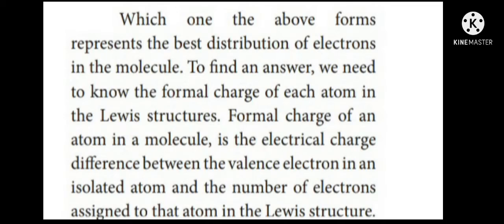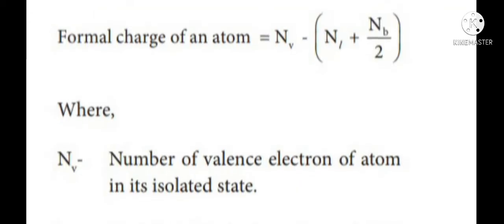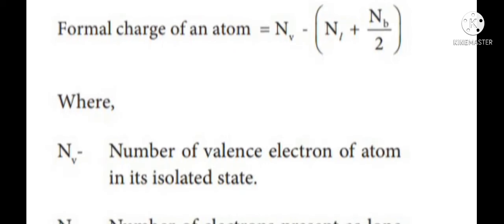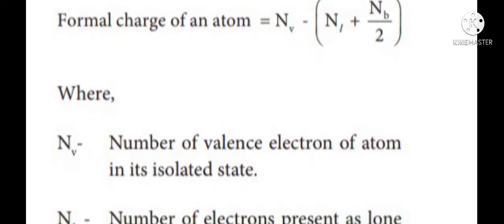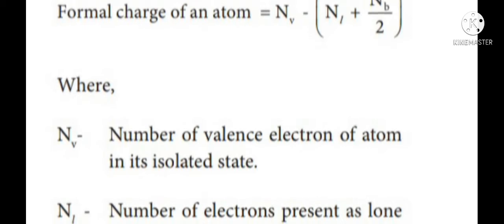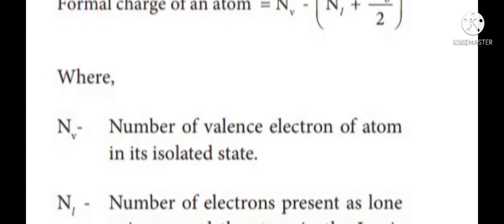Here, we have the definition and formula for formal charge. Formal charge of an atom in a molecule is the electrical charge difference between the valence electrons in an isolated atom and the number of electrons assigned to that atom in the Lewis structure. Therefore, the formula to find the formal charge of an atom is given by Nv minus (Nl plus Nb by 2),